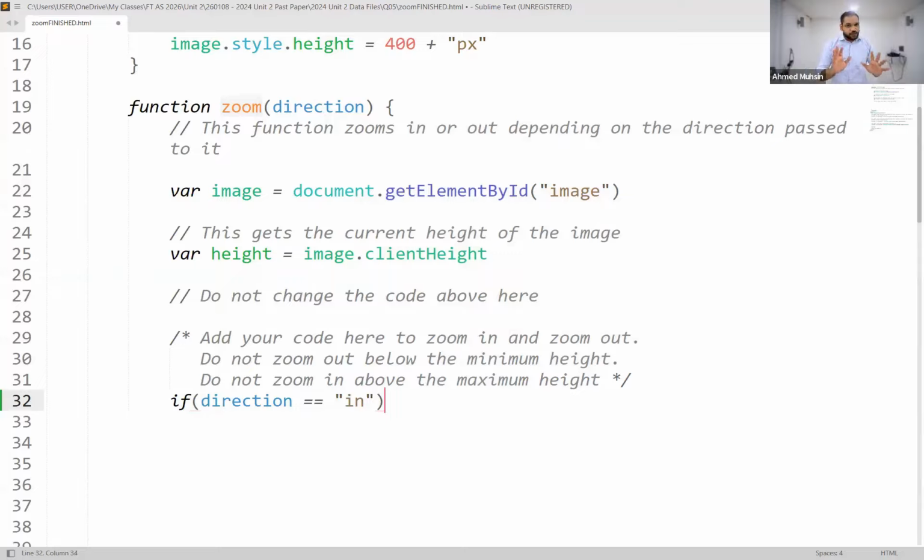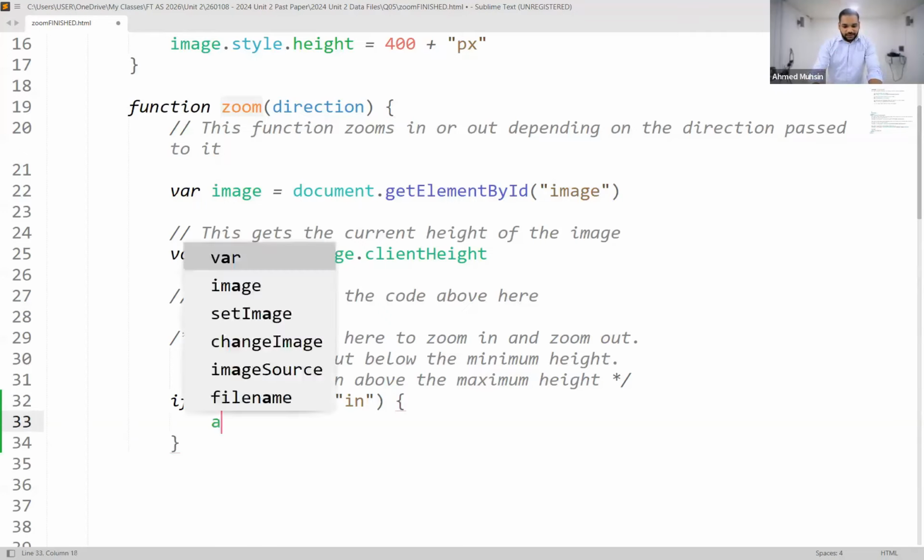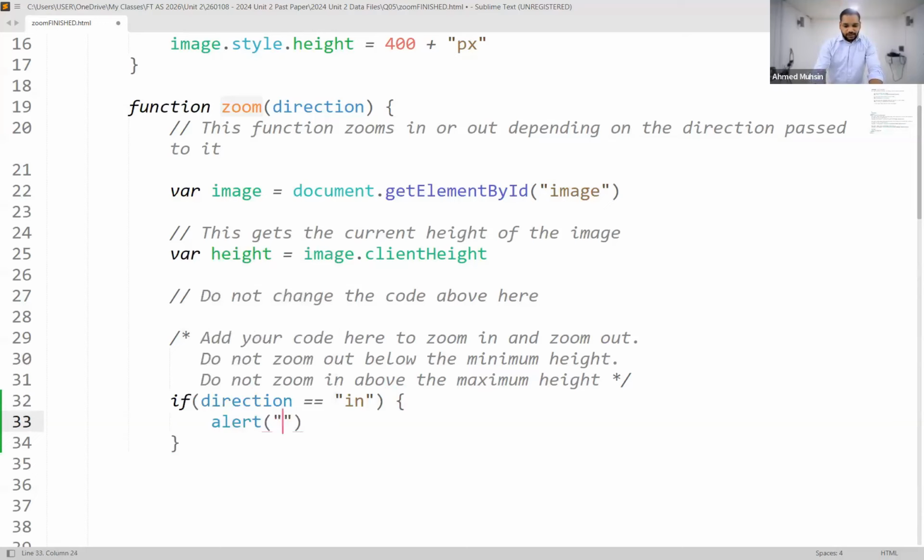I want to make sure that zoom in is working. Okay, so I'm saying if variable direction is equal to the text in, I just want an alert to appear so that I know it's working. Give me an alert. Alert saying what? You have pressed zoom in. Okay, I just want an alert just to make sure it's working. Shall I see that it's working for me? So everybody,